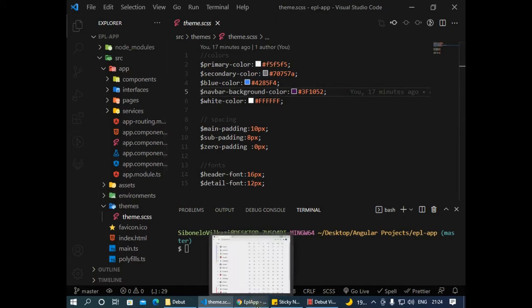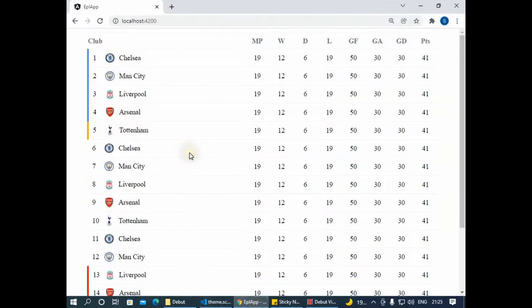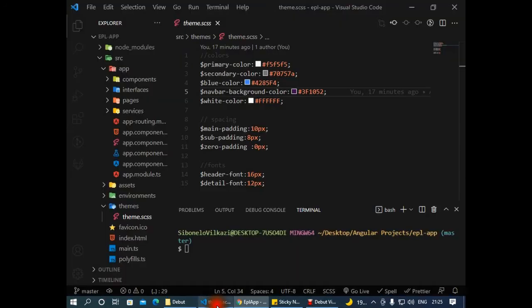And what we have in the project is the English Premier League table, which we created in a previous video where we ran through creating all this nice table. So now the question is, what do we want to achieve from this video? We want to create this navbar component which will allow the user to navigate through the different